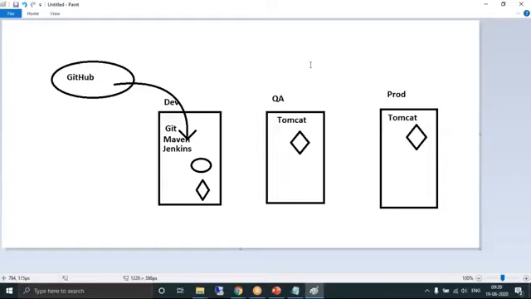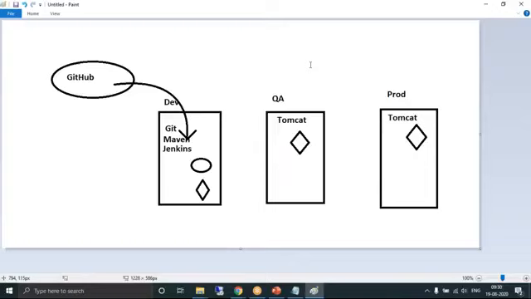What is the infrastructure required to perform the CI/CD stages? We need a dev server, a QA server, and a production server. The dev server should have Git, Maven, and Jenkins. QA should have Tomcat, and production should have Tomcat. And this is only in the case of web applications, correct? If it is not a web application, some different kind of application, Tomcat might not be required. We may need WebLogic or WebSphere. Are all these separate systems?